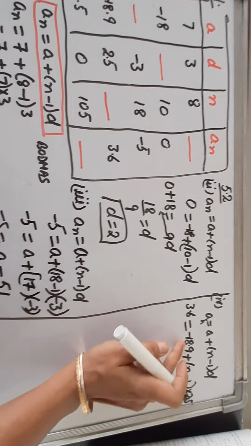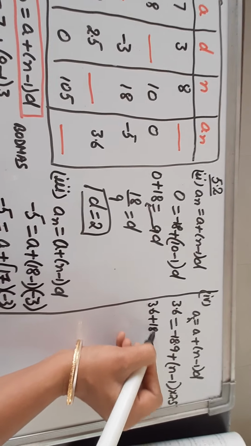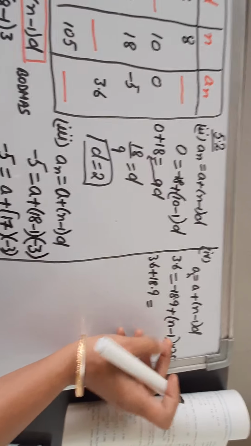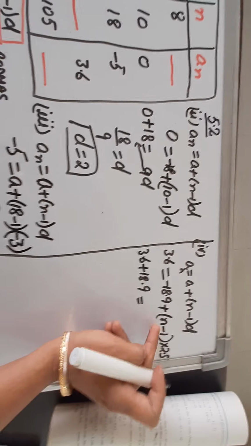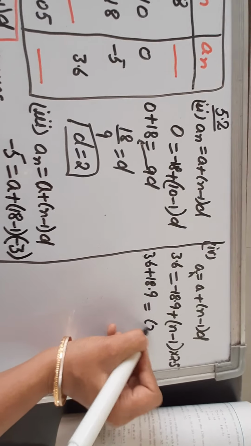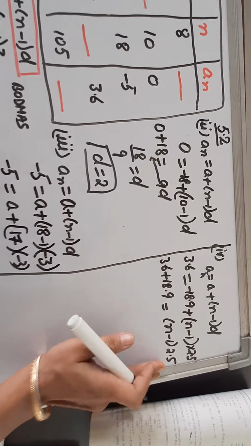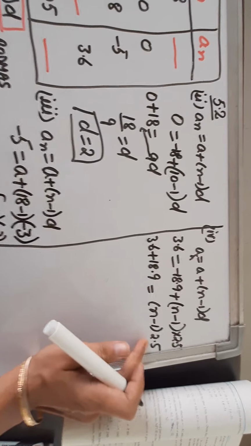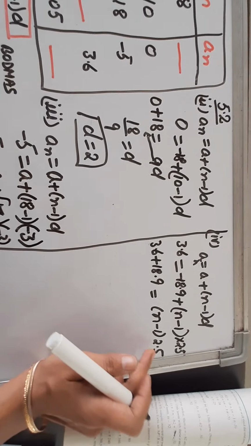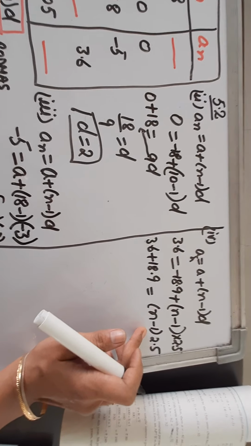So let us quickly take it to the left hand side, and its sign will get changed like this, and let us solve it. Now this bracket can't be solved because n and 1 are unlike terms, so we can't subtract them. So what we can do, we'll write it as it is. Right? Now there are two methods to solve this bracket. One is using the distributive property. You can go with the distributive property like 2.5 into n is 2.5n minus 2.5 into 1, 2.5.